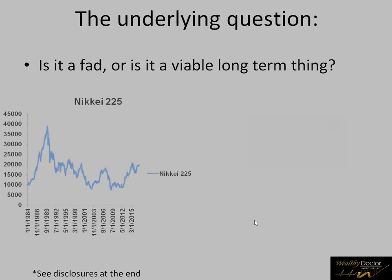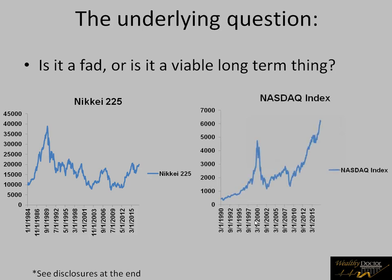So for instance, let's take a look at two different stock market indexes, the Nikkei and the Nasdaq. The Nikkei famously crashed back in 1989, after a parabola right here. Similarly, the NASDAQ index had a parabola right before the dot-com crash of 2000. But with the Nikkei, the fall never recovers, never in quotes, because